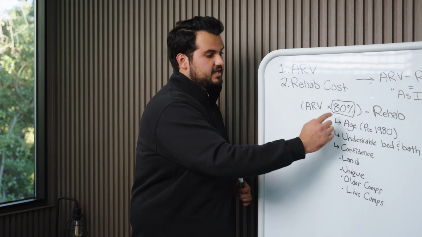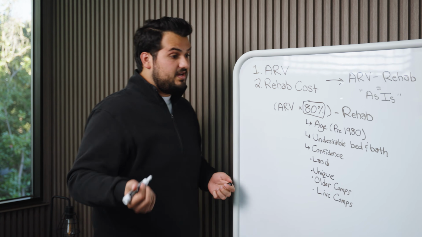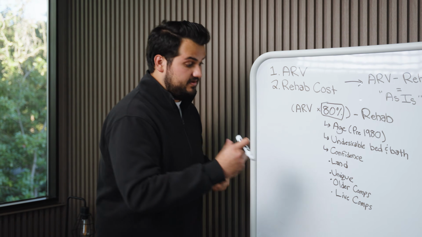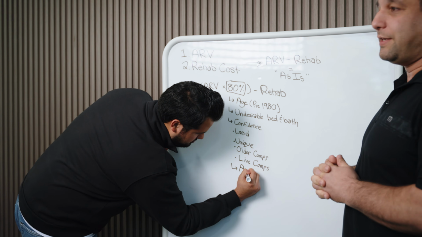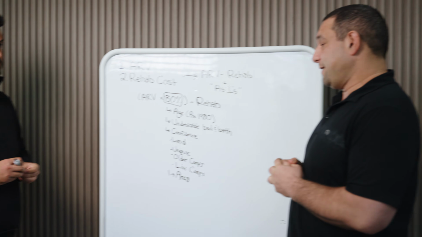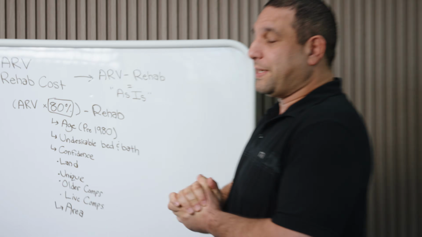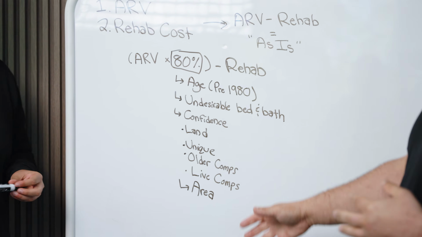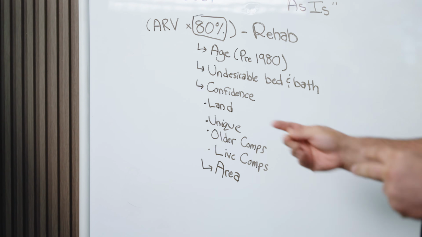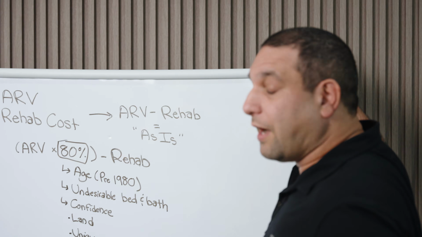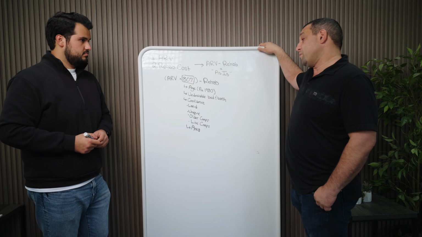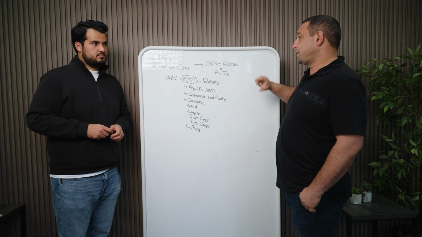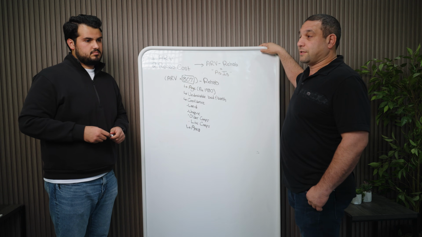Yeah. So we kind of talked about the confidence rating. What other thing could bring down just this overall percentage? Well, one is, I would say, the area. The area, yeah, definitely. There are certain areas that we know are just very good areas. And then there are some areas that people just don't want to work in, either because they're rougher areas where stuff gets broken into and stolen all the time, or the cities are very tough on permits and not letting people work. Those are the types of areas where I would be more careful and want to pay less, because you have to allow slack for theft and all kinds of stuff like that as well.